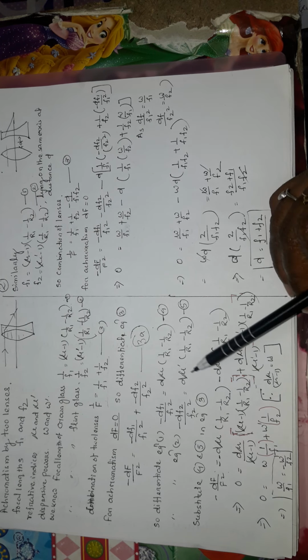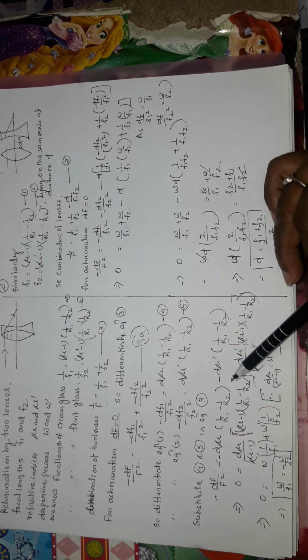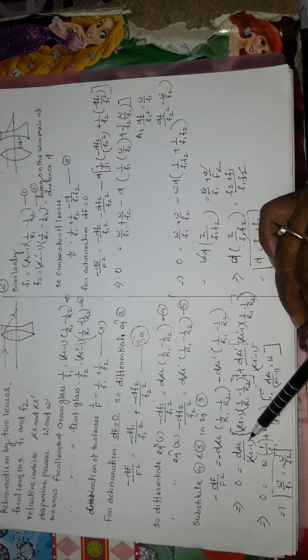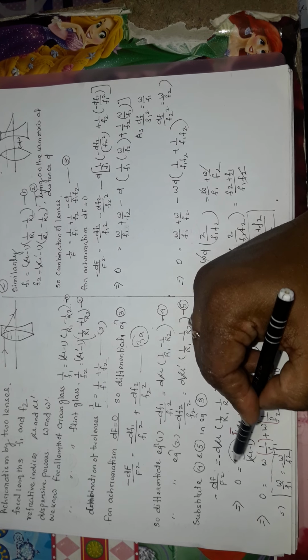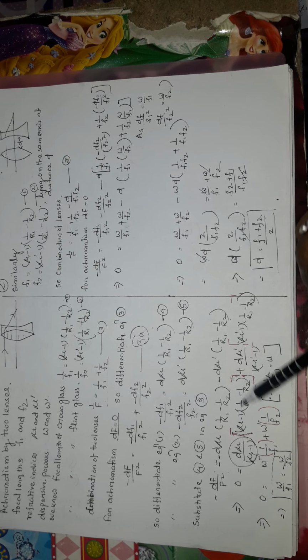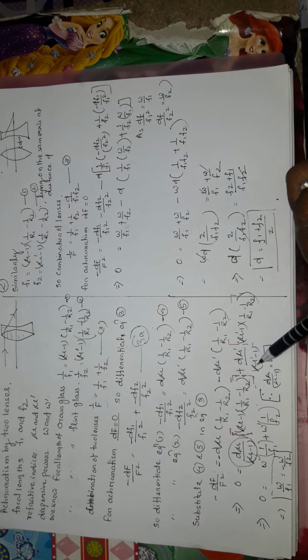Now again, in the d mu case, we divide by mu minus 1 and multiply by mu minus 1. Then 1 by r1 minus 1 by r2 will be there, to make this common as 1 by f. So the left term will be d mu by mu minus 1. This is again the dispersive power. So we write omega in place of d mu by mu minus 1, and the bracketed term is 1 by f1. Similarly, the third term will be omega dash, and the bracketed term will be 1 by f2.